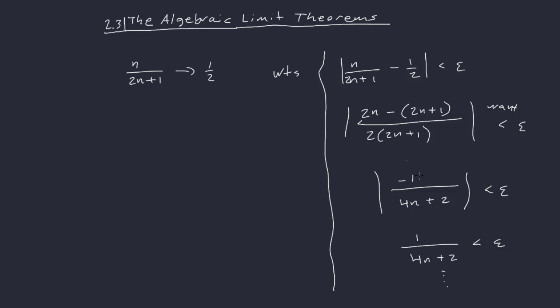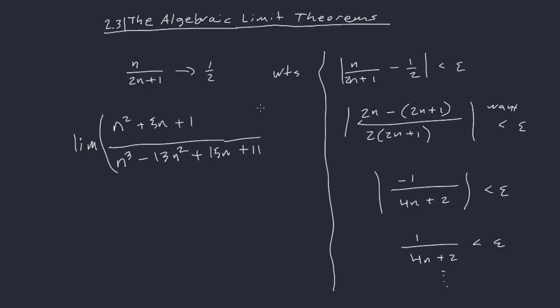while it isn't that bad in maybe a case like this, if we just eventually got to something like n squared plus 5n plus 1 all over n cubed minus 13n squared plus 15n plus 11, if we wanted to show that that converges to 0, well, trying to do it with this epsilon and finding the N and all that is going to be a huge pain in the butt here, okay? So that's what leads us to wanting to simplify this process, and the algebraic limit theorems are basically going to let us, if we have something like this, right, and I'm taking, say, the limit of all this,